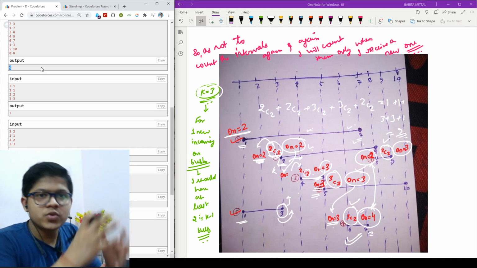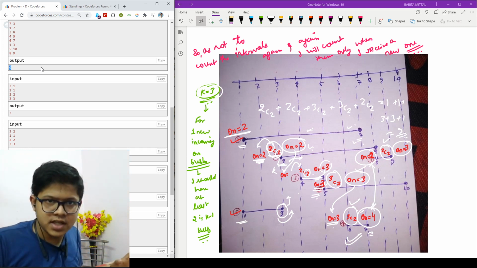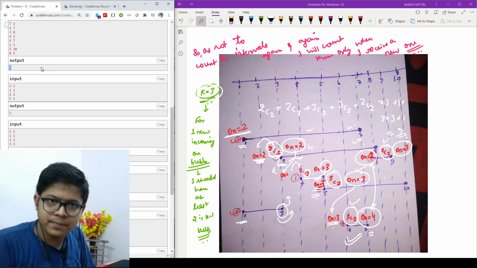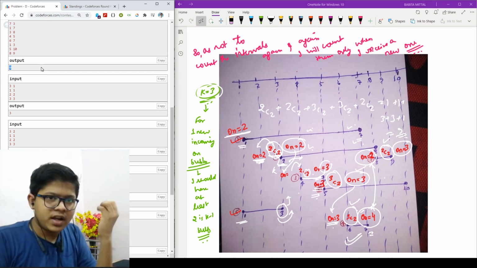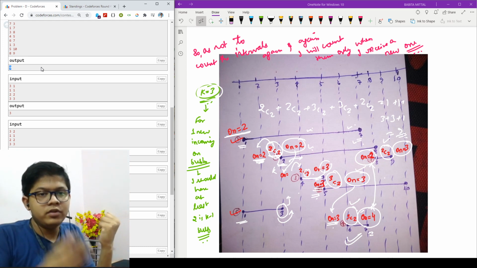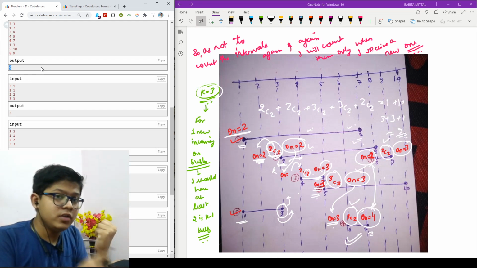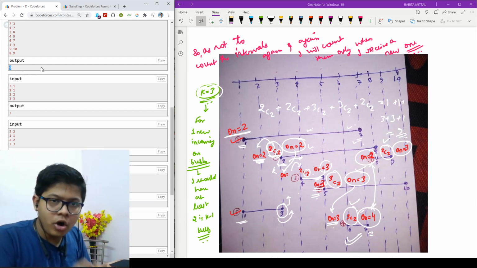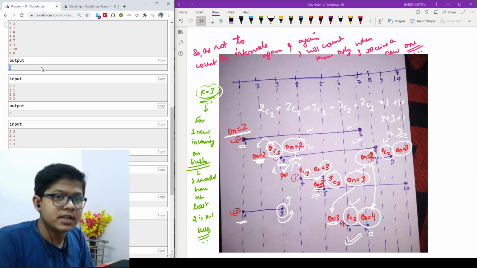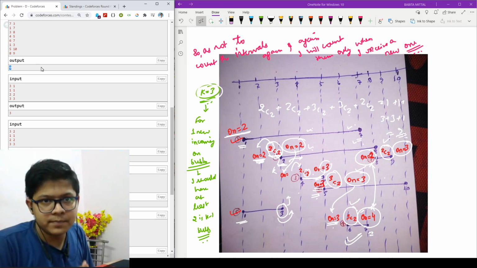So this was the actual thing which you will do: firstly you will sort your intervals according to their starting point, right? Then whenever you arrive at an interval, you will mark your bulb as on, and whenever you exit from the interval, you mark your bulb as off. So you will increase your on count, and you will decrease it when you move out of that interval, right?